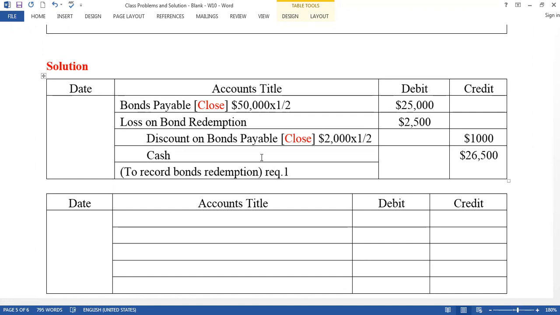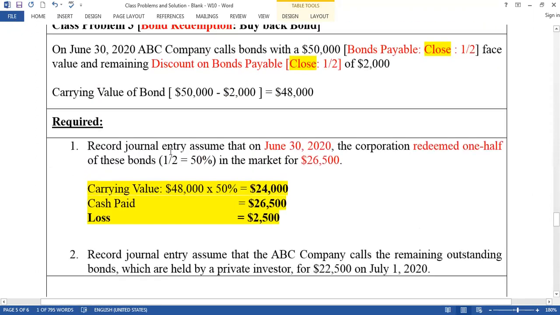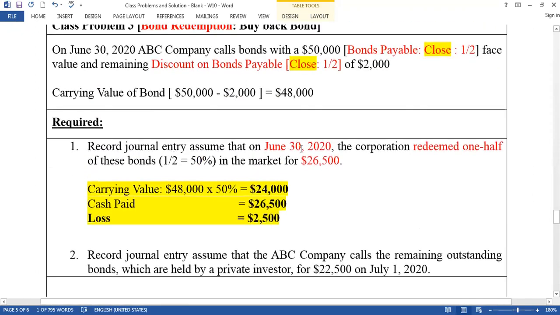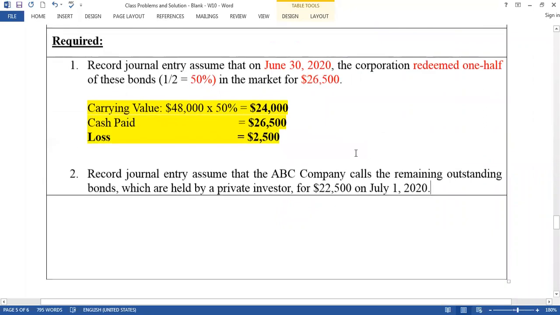This is requirement 1. Requirement 1 says to record the journal entry, assuming that on June 30, 2020, the corporation redeemed one half, which means 50%, of the bond for this amount. Requirement 2 says that,